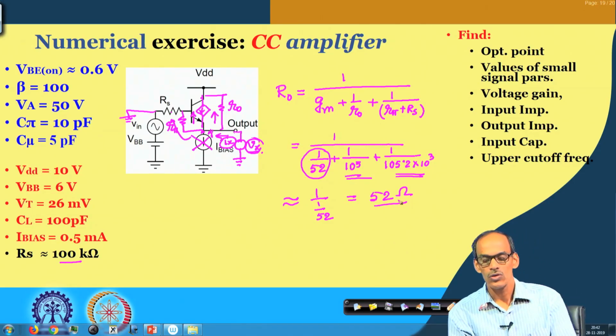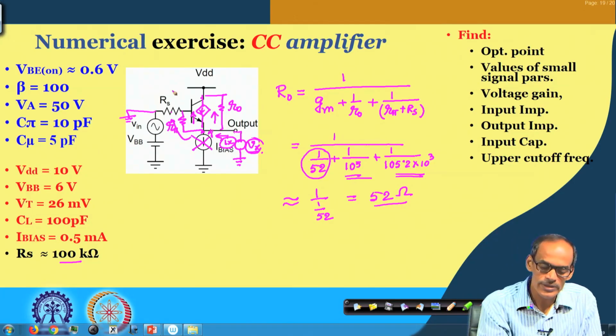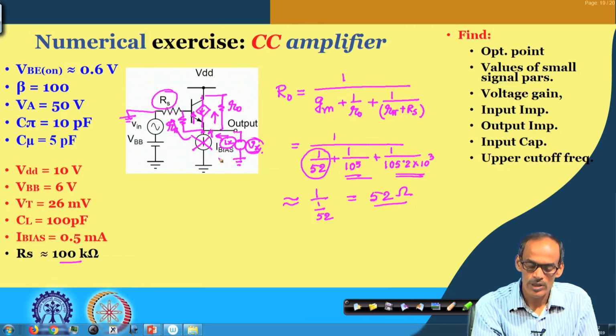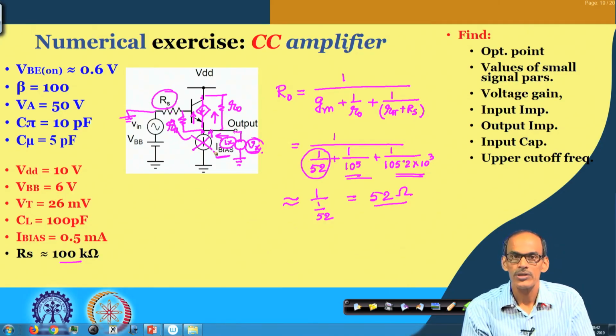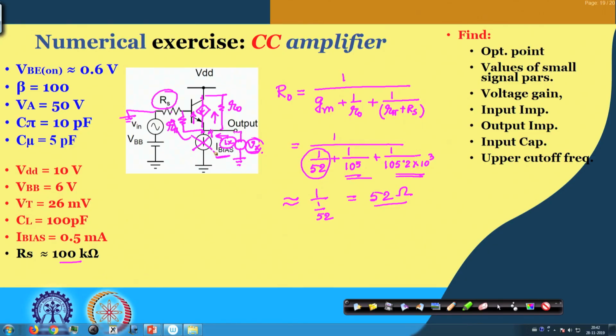So, even though we are connecting this Rs, since we do have the ideal current source and the small signal parameters remain the same, the performance of all the circuits remains the same. In fact, the upper cutoff frequency also remains the same. The only thing is that whenever we are feeding the signal at this point,